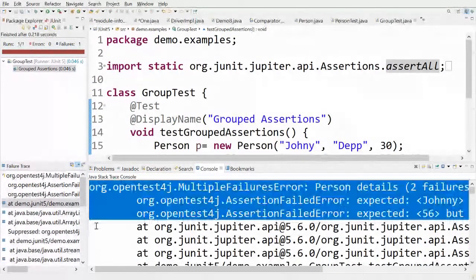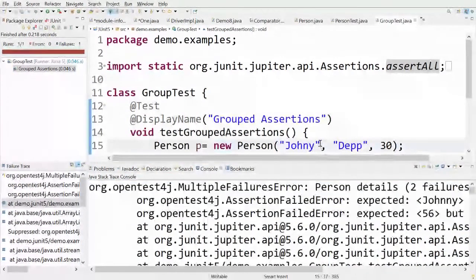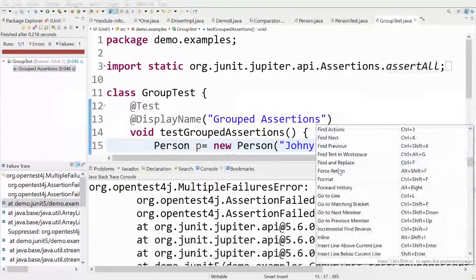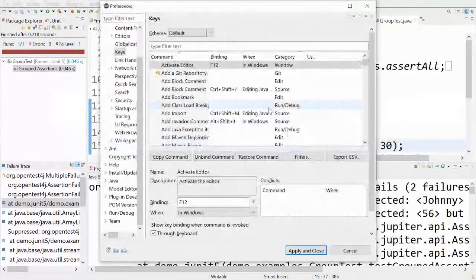in a convenient manner. So similar to this, there are a lot of tips and tricks, tooling features and keyboard shortcuts which are provided by Eclipse, and learning them can increase your productivity to a great extent. You can learn more about them from the IDE itself by pressing the shortcut Ctrl Shift L, which will list all the keyboard shortcuts for you. And if you press Ctrl Shift L once again, then you will see the keys preference page that opens up, and here you can configure these shortcuts based on your style and your own needs.